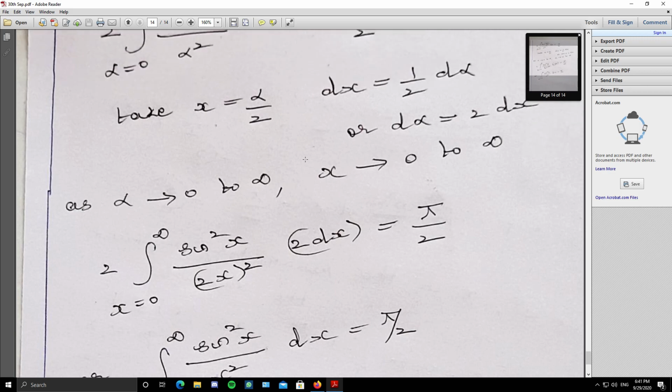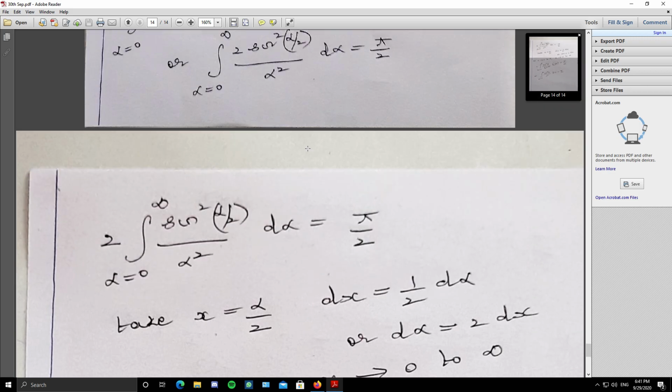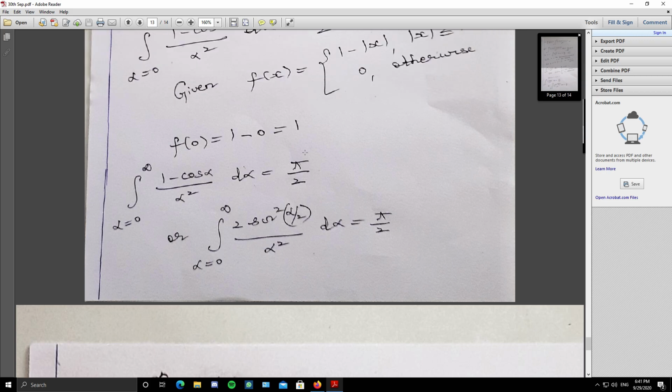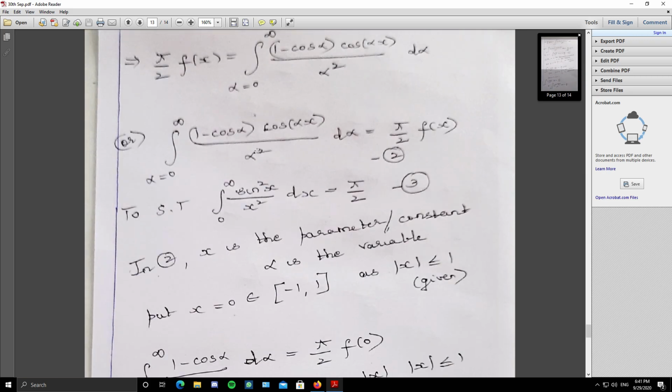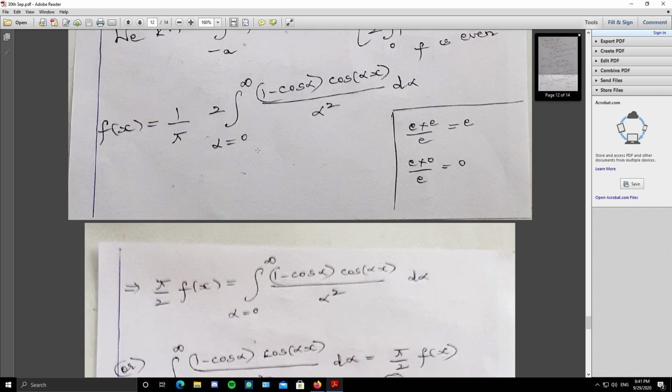I have done 2 problems of this type. Both are question paper problems. They are solved examples in many textbooks. Practice these 2. These questions are repeated. These are question paper problems. VTU has asked these two problems many times.